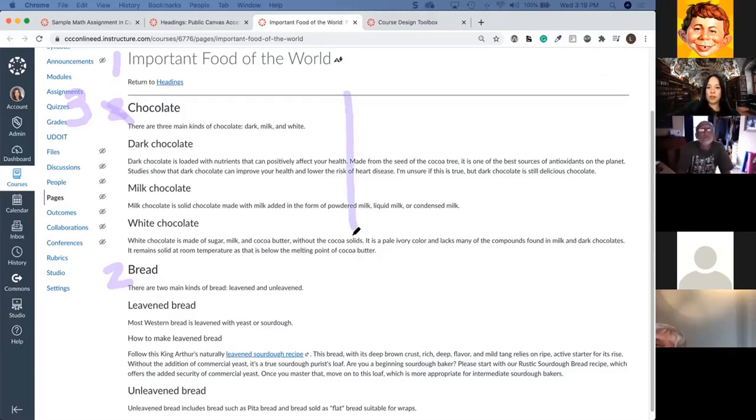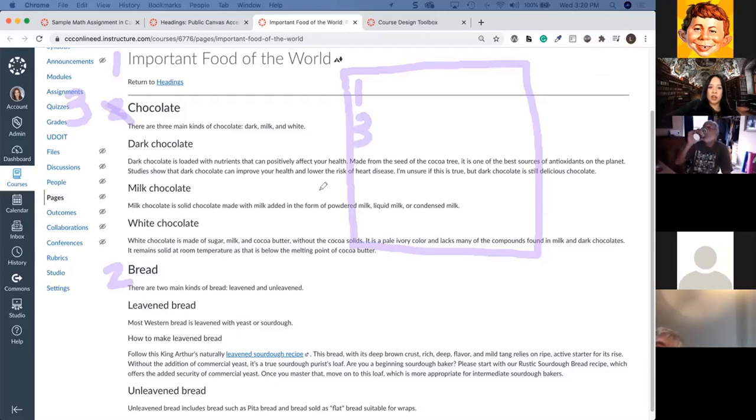If you remember, screen readers will pull up a list of headings should the student desire, and it's going to read aloud all of the headings on the page in order. So it's first going to read header 1, which is Important Foods of the World, and then it's going to read Chocolates, then Bread. It just goes down the line. So we've skipped a heading